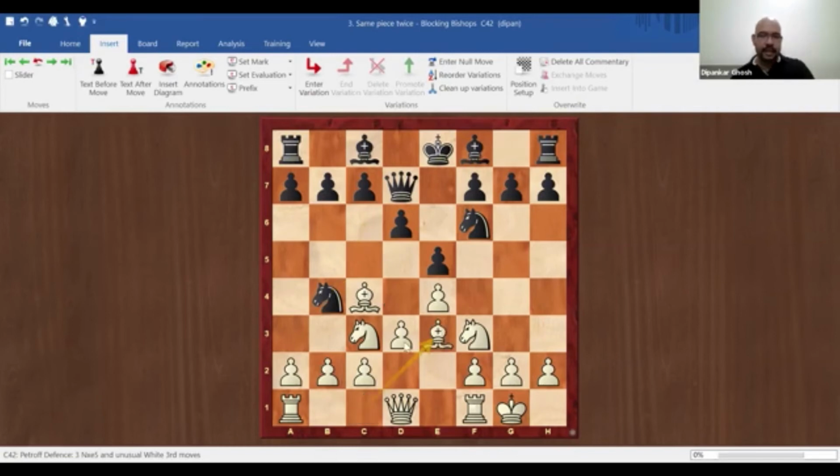Now, notice what has happened. How many pieces has black developed? How many pieces are not on the back rank? So, 3, or rather, I'll make them red. 3 for black. And what about white? 1, 2, 3, 4, plus white has also castled. So I can say, even the king and the rook are developed, because the king used to be back on e1. So all these pieces have moved for white, but black has only moved 3 pieces. And black is wasting more time by moving his knight around, okay?